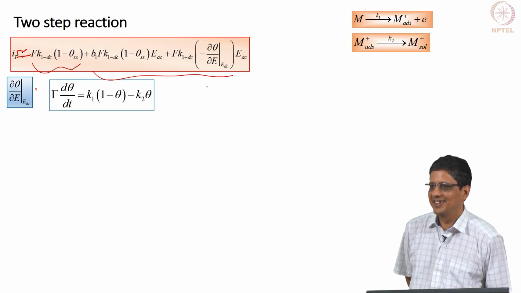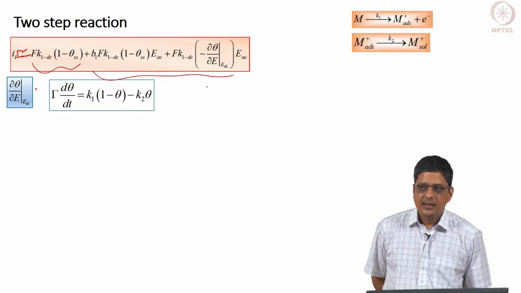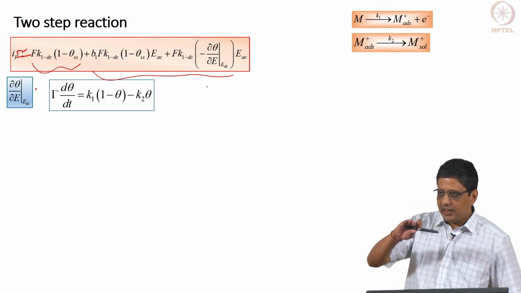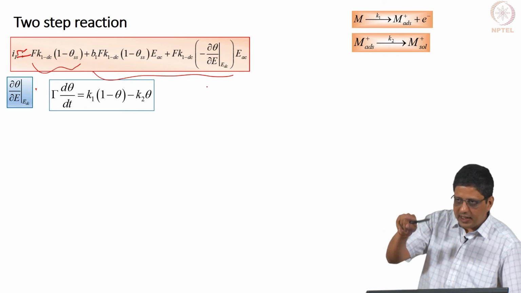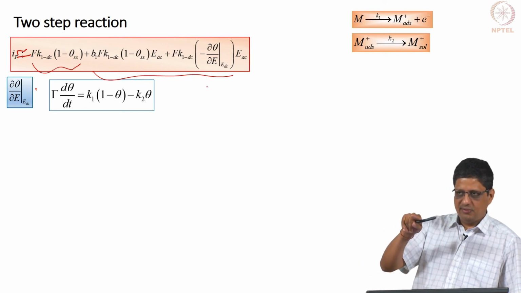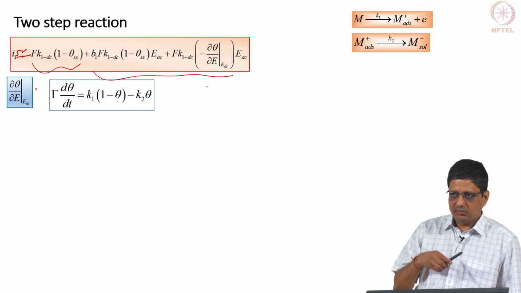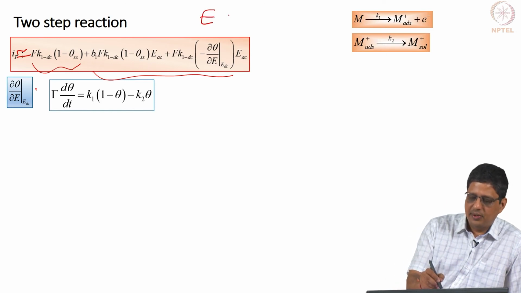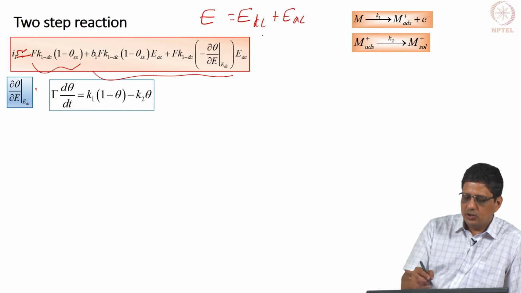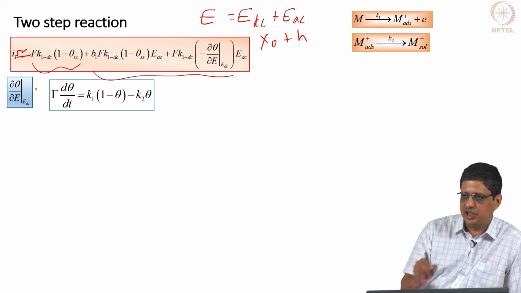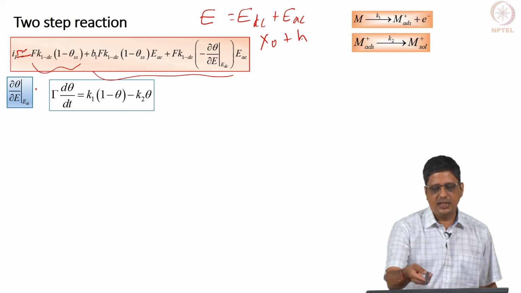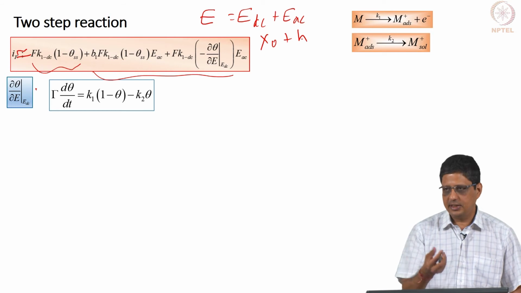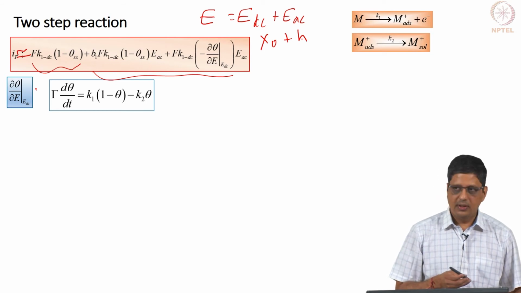Yes, theta naught is the steady state theta naught. We are at DC and then we apply AC, so theta is going to vary away from the DC value. So then in the Taylor series it should be EAC minus EDC. See, the way we have written it, E is the potential, and that is EDC plus EAC. So, this is like x 0 plus h. Here h is representing the small deviation and x 0 is representing the DC level. So theta naught is a DC level.